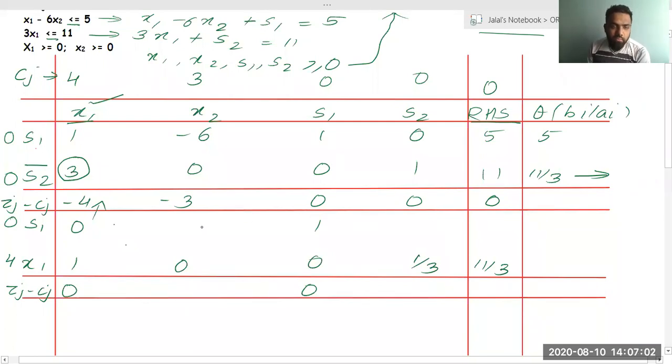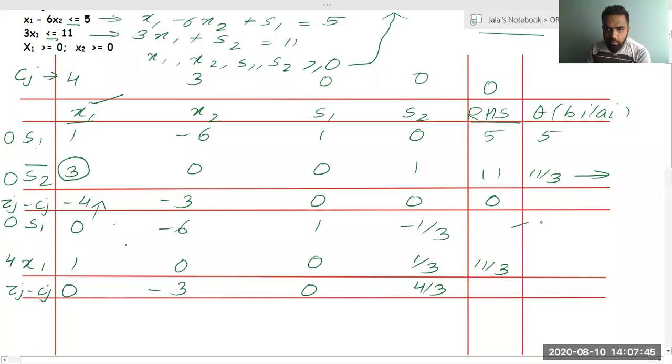Okay. Now we need to find this. So this will be minus 18 minus 0 divided by 3, so this will be minus 6. If I am wrong, just correct me in the chat. Then minus 9 minus 0 divided by 3 will be again minus 3. Now if I look at this value, this will be 0 minus of minus plus 4 divided by 3 will be 4 by 3. Now I need to find this value. This will be 0 minus 1 divided by 3 will be minus 1 by 3.